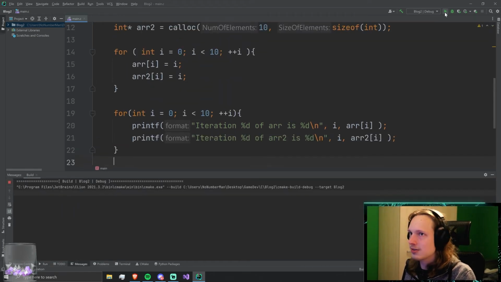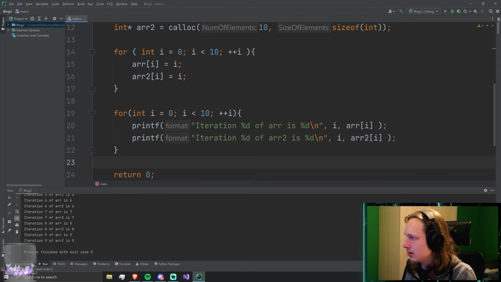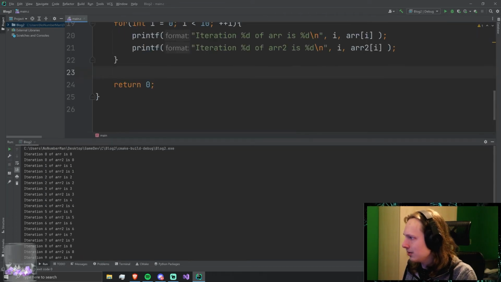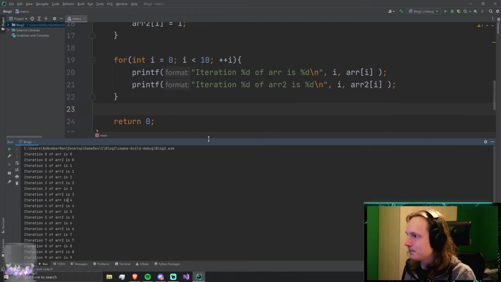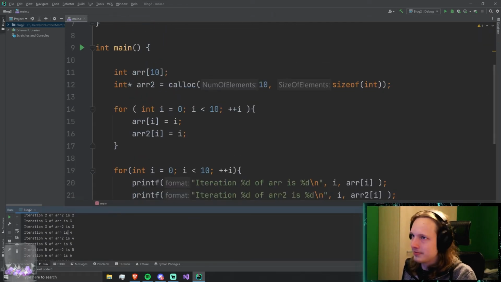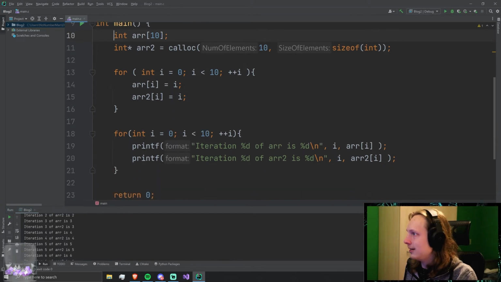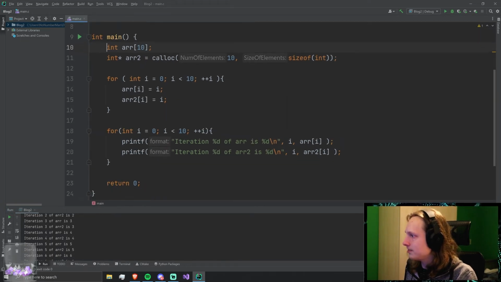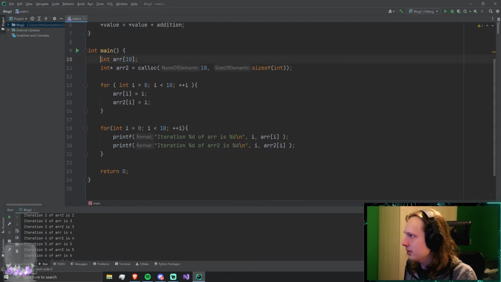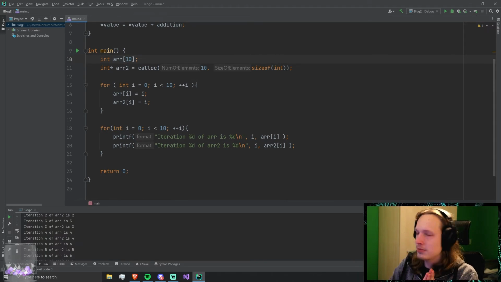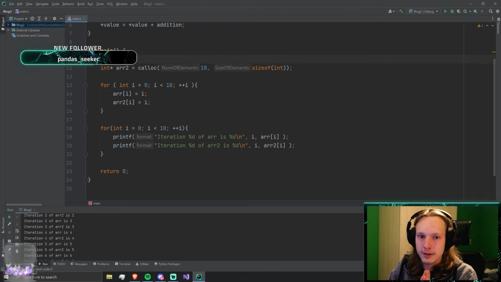So if we just run this, are we going to get the exact same thing? Well, yes. 0 of R is 0. 1 of that, okay. Yeah, good, good, good. Only they're not. Only they're not. And I want you guys to look at this piece of code. What exactly is wrong with this code? Because there is actually a massive error here.